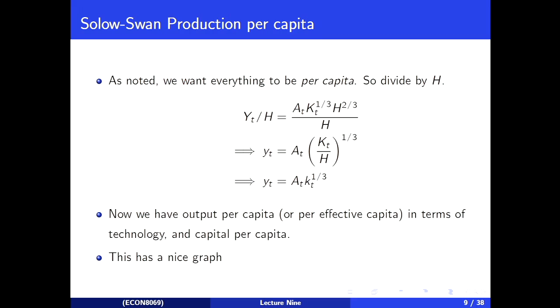Technology is not divided by H, partly because technology is just the technology in the economy. There's no sense in which we would want to divide technology by number of people. It doesn't divide across the individuals. It's just the level of technology in the economy. We could have used a lowercase letter for technology or an uppercase letter. It's not like income, where you can talk about gross income or income per person, or gross capital or capital per person. There's just technology.